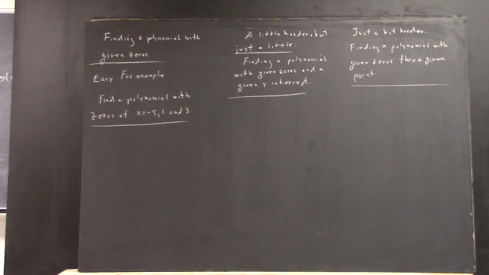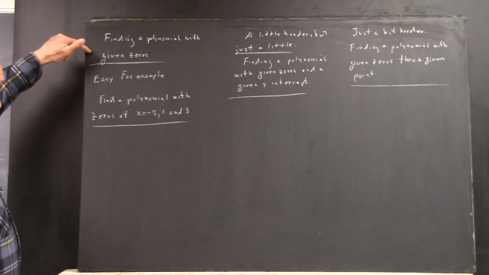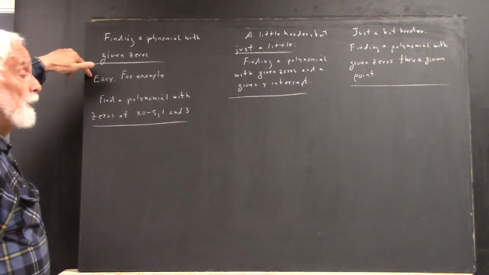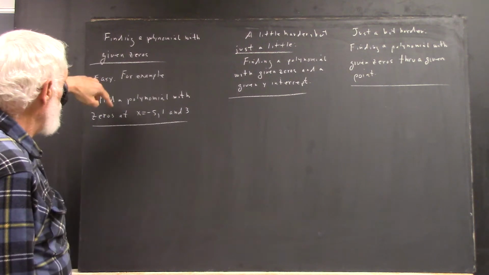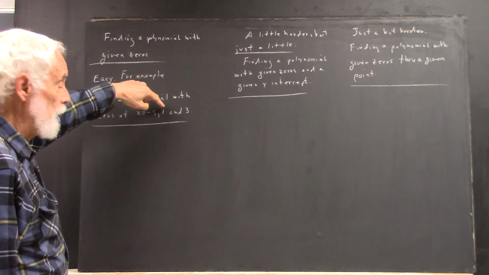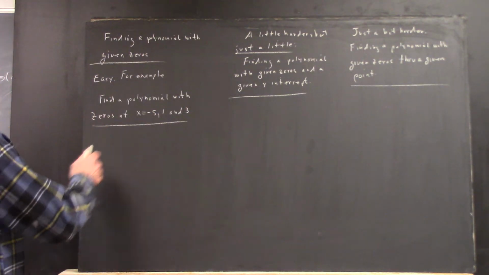Okay, now we want to find the polynomial with given zeros. Well, that's easy. You probably know how to do that already. But for example, let's find a polynomial with zeros at x equals -5, 1, and 3. Okay, well,